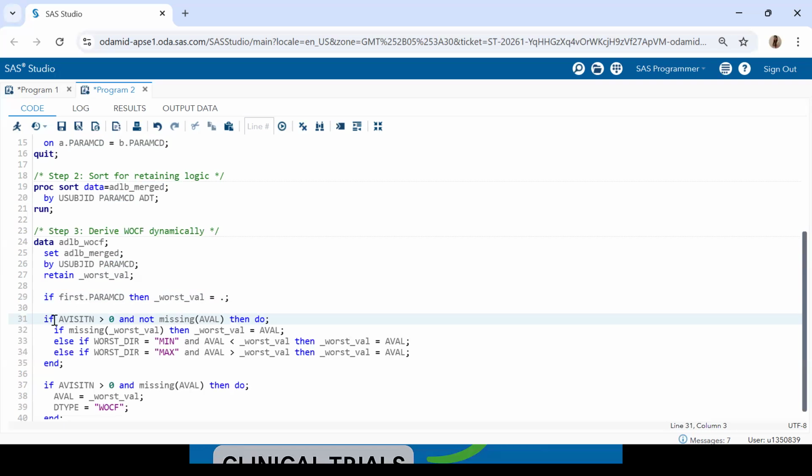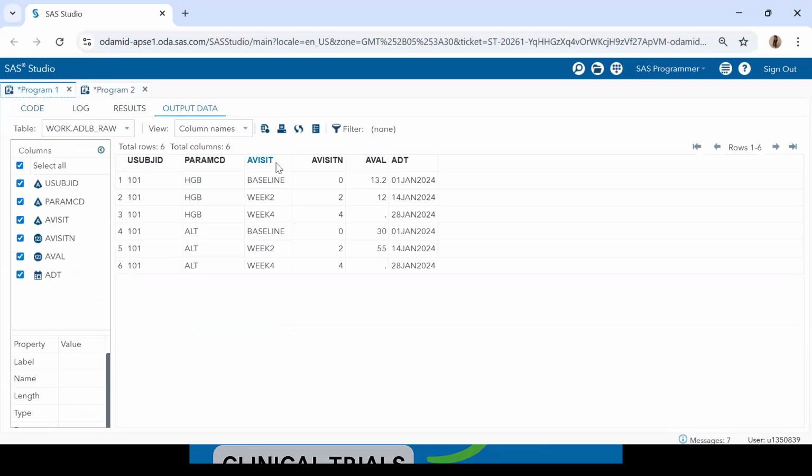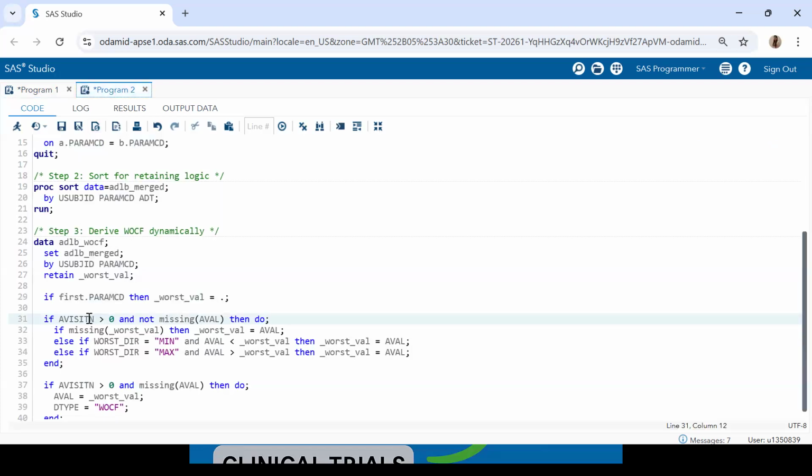Now, as we have defined that the WOCF is defined only for the post baseline records, I have put a filter for the records which are the baseline records in this data. As I've shown you earlier, for baseline my a visit is 0. I have applied a condition that my a visit n should be greater than 0. That is, I'm considering only the post baseline records, and if the a value is not missing,